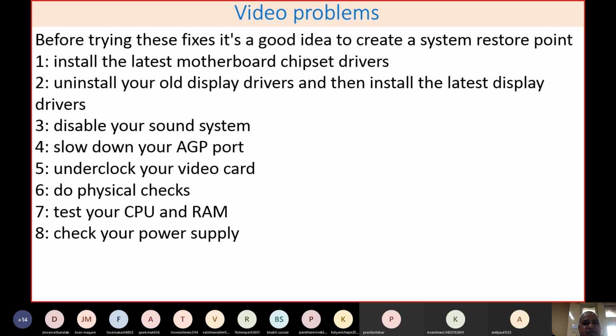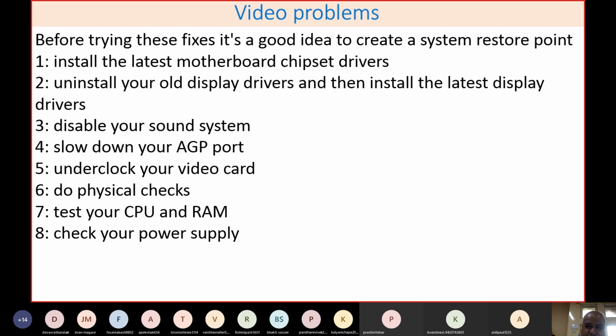The very first option, which is the common fix for video-related issues, is to install the latest motherboard chipset driver. When we say chipset drivers, most of the time your video display is controlled by either video drivers or chipset drivers.